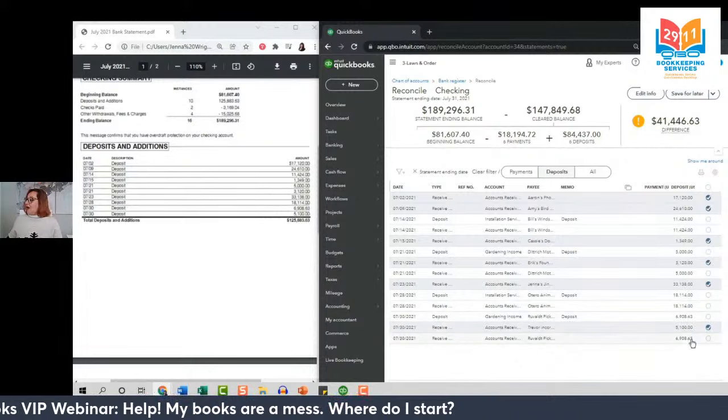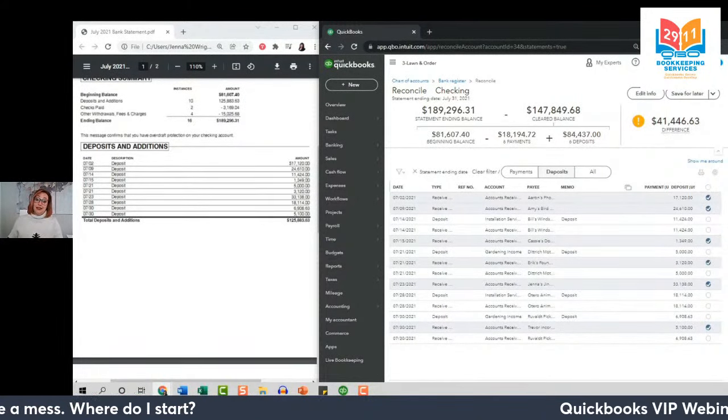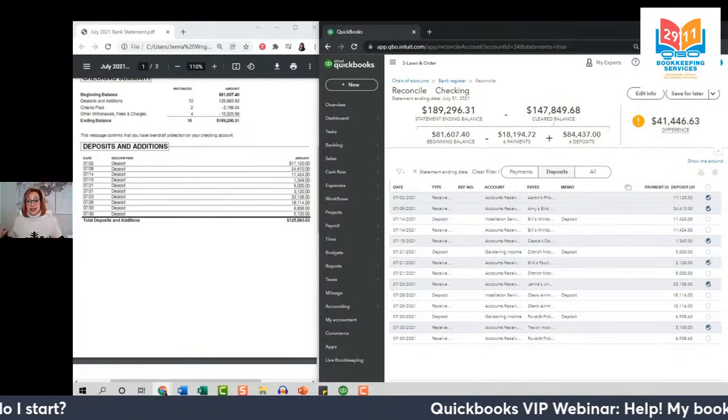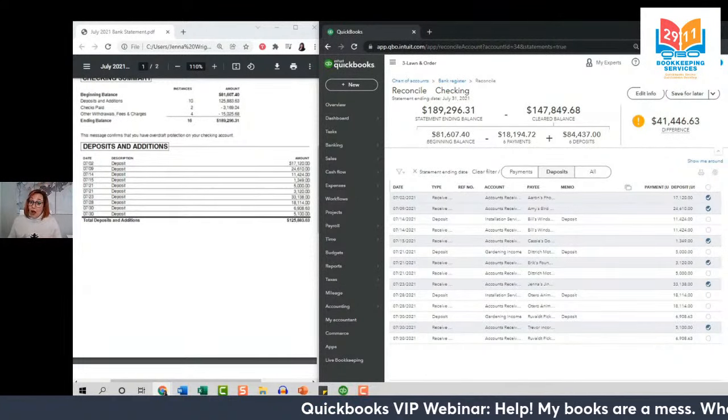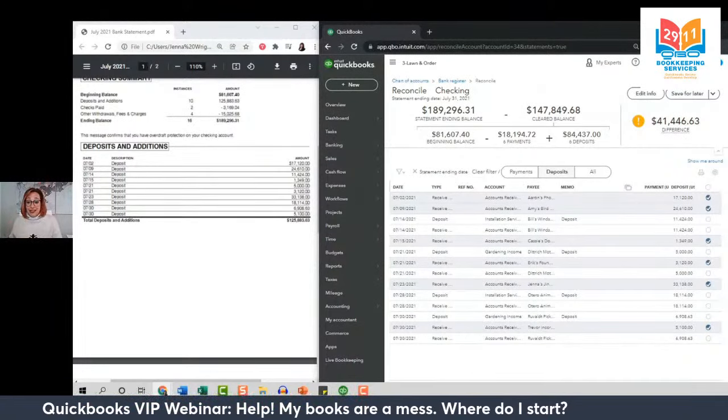And all of these appear to be duplicates. In fact, we have 4 pairs of duplicates. This is a sign that someone is entering things wrong into your company file. And unfortunately, now it's your job to clean it up.